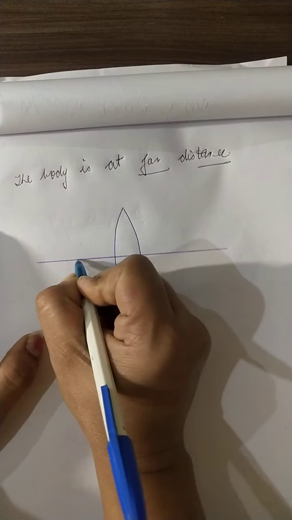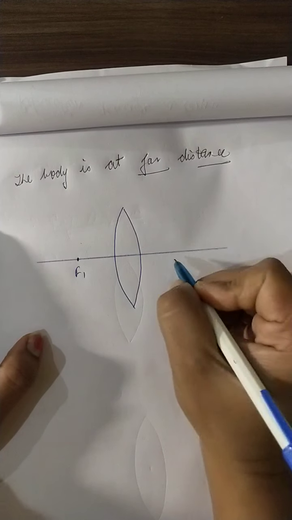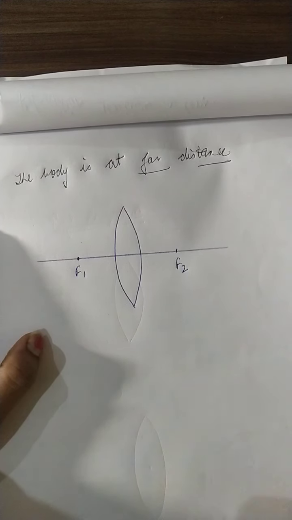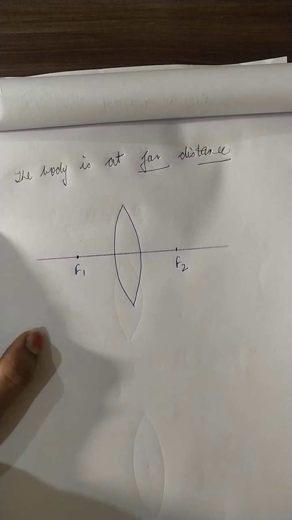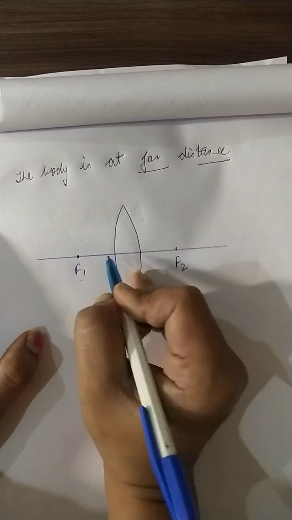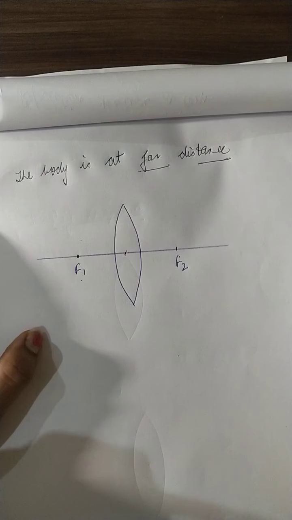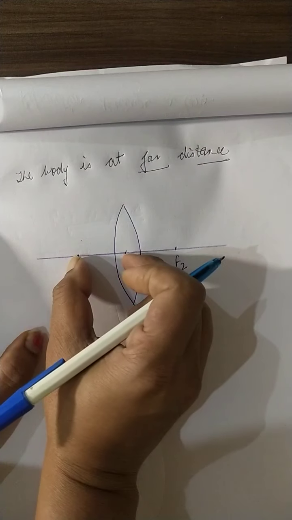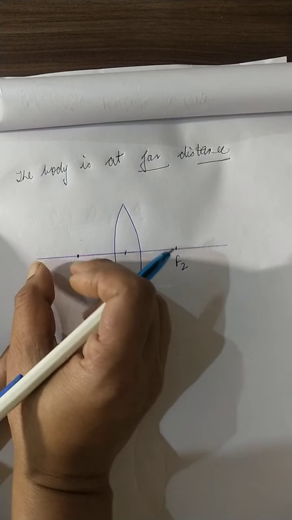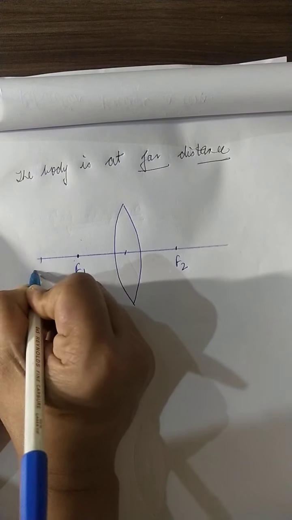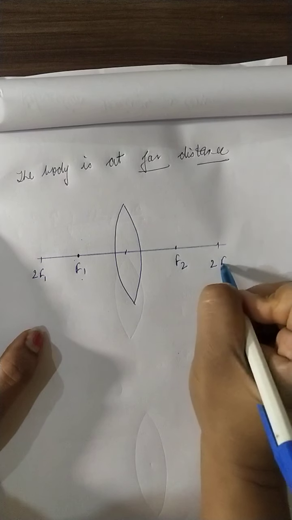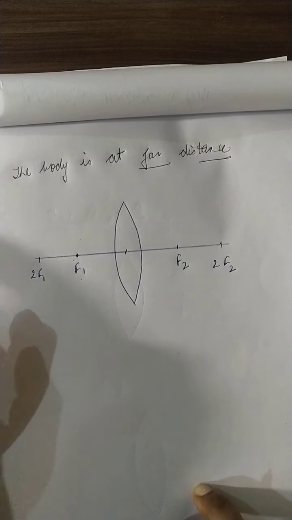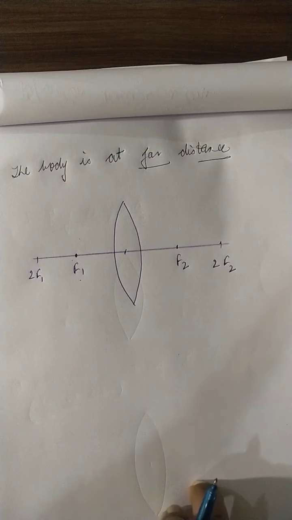So as you know that here is the f1 point, here is the f2 point. As you know that focal points are the points where the converging or diverging of light rays take place. Now this one is f1. The distance between the optical center and f1 is called focal length, right? Same, suppose this distance is 2 meters, if we increase the same distance further, so it becomes 2f1, double. Same 2f2, right?